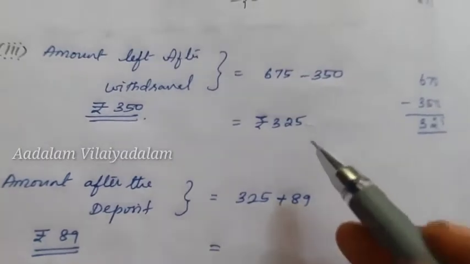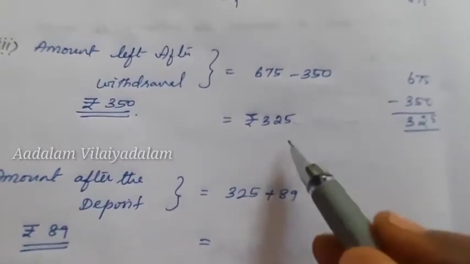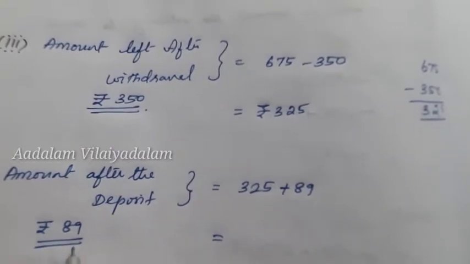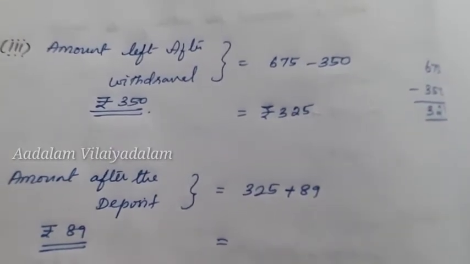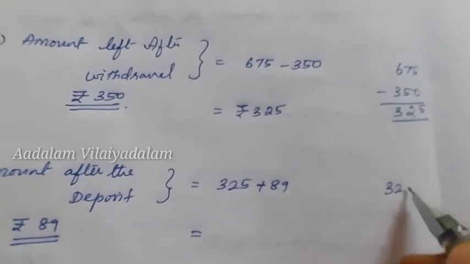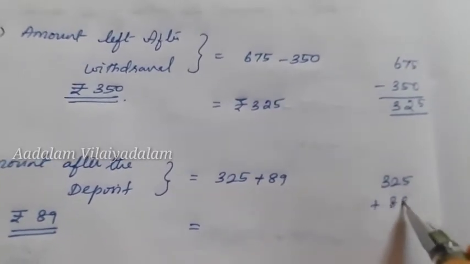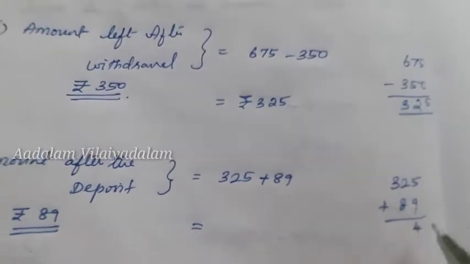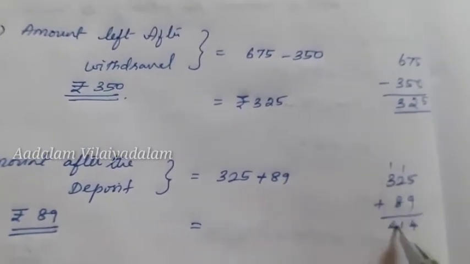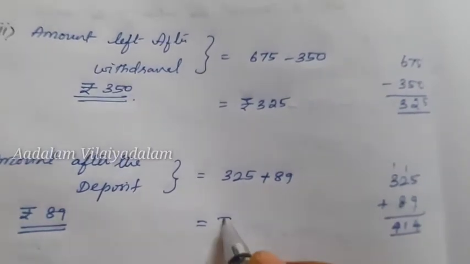Next we shall move to the fourth subdivision, amount after the deposit. With the balance amount 325, the person deposits the amount rupees 89, which means he adds the money, that is plus 89. 325 plus 89 means we get 14, then carry 1, then it becomes 11, therefore we get 414, that is rupees